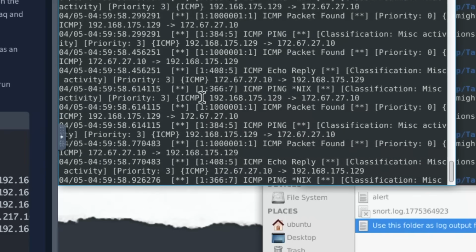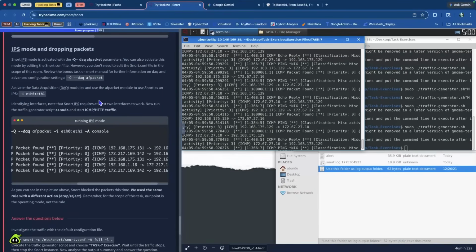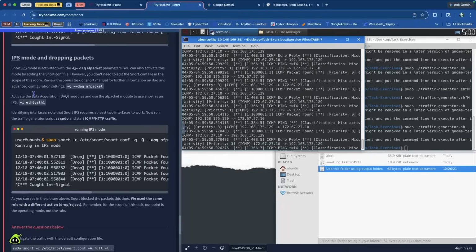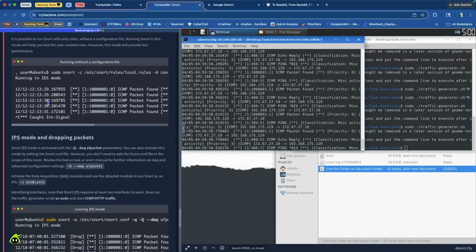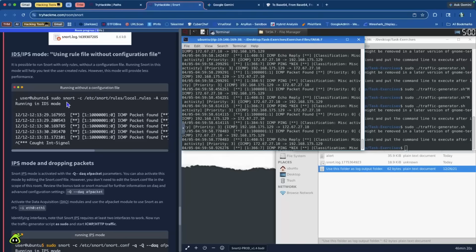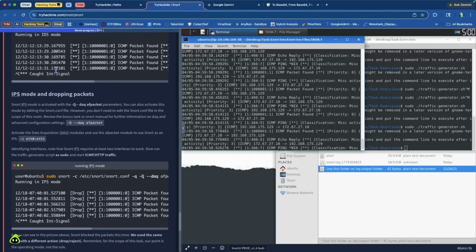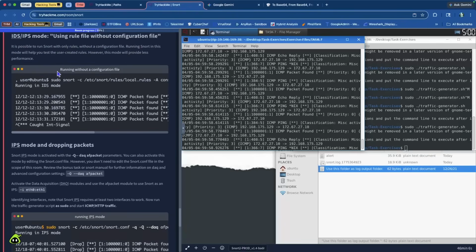So it's found the packets. It's doing what it's supposed to be doing, but it's not actually dropping the packets. And this is something that I really wanted to work, because I was hoping I would be able to see it, honestly, because this is the mode in IDS mode that we just saw. It's very similar to what we just saw right here. It's like detecting everything. It has the asterisks inside of the brackets, using the file without a configuration, and then using it. This is for the local rules portion,